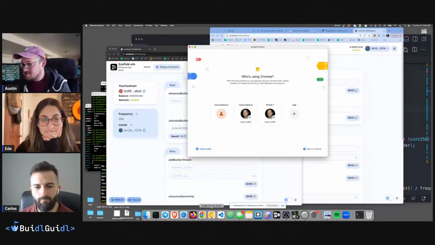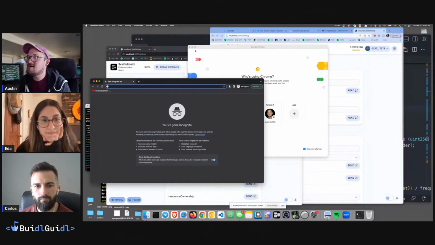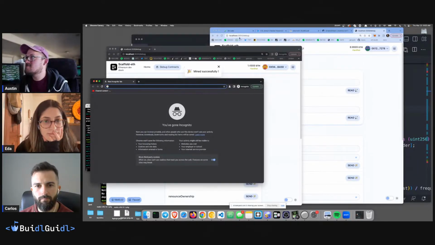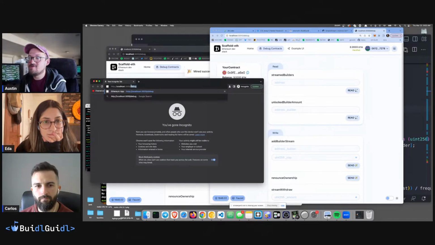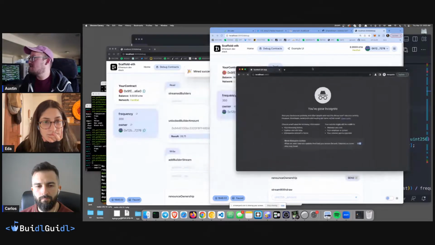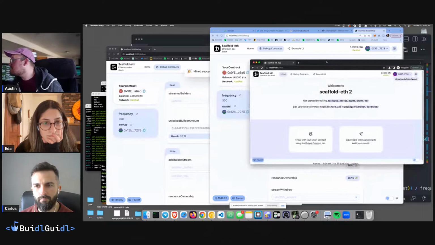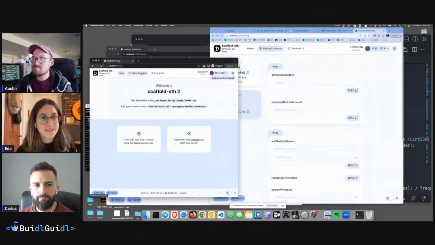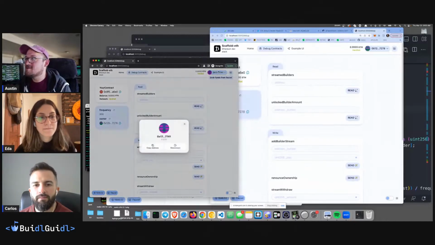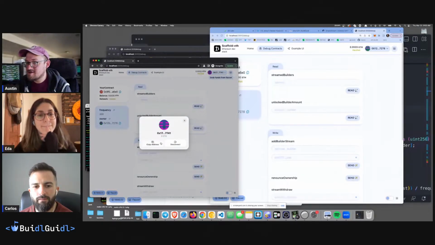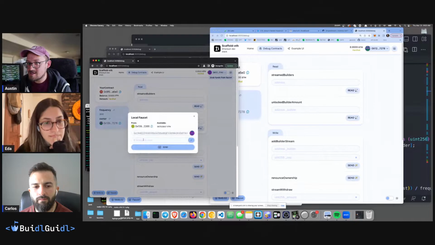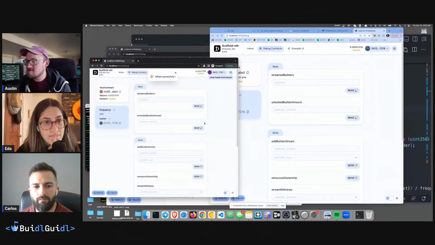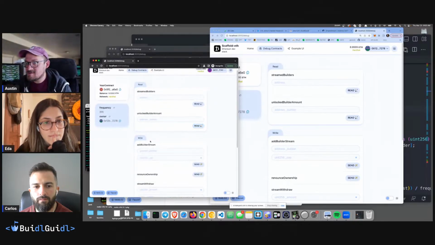What we could do is make a new incognito window, maybe on this other Chrome, and we could go to localhost, and we could make another player, right? Purple guy. We can try to withdraw without adding the person to show. Ooh, okay, let's do it. So we've got purple guy here, and let's make sure purple guy gets 1 ETH from the faucet also, and then let's try to withdraw, right?